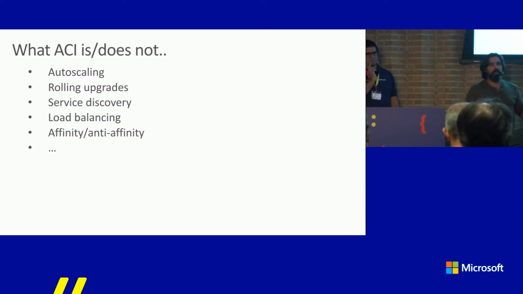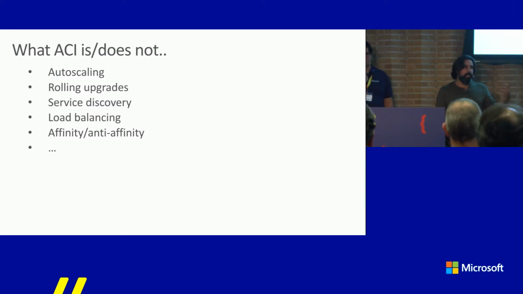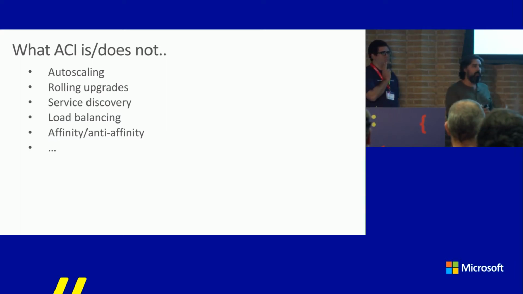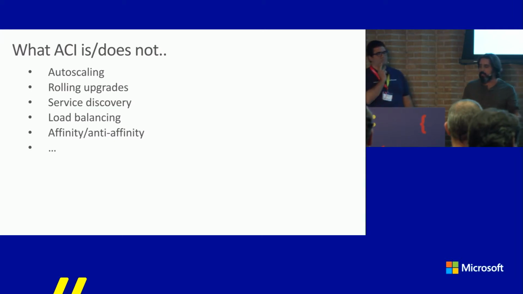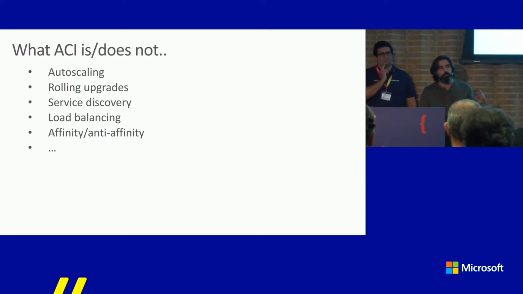It doesn't do a bunch of stuff, right? I mean, it's by design. The people that came up with this idea of ACI just wanted to have this as a building block for something bigger. So it doesn't do auto-scaling. You cannot say, well, I'm running one container now, please run 10 copies of that. It's not meant to serve that purpose, or at least the tooling around it is not. It doesn't make it easy.